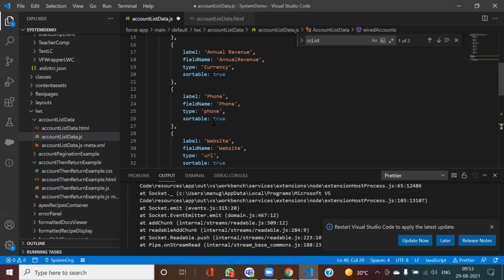But for Apex class data, without calling the Apex class, how will I get the data? It won't be possible. Okay, got it.